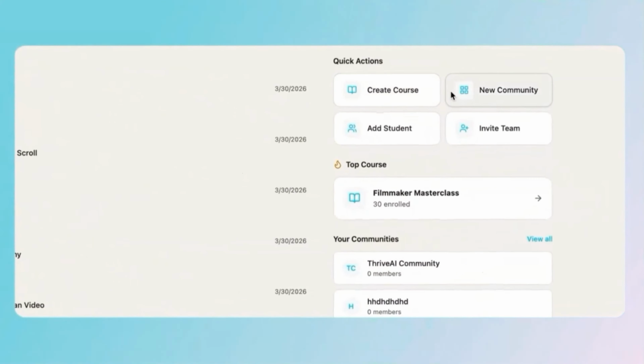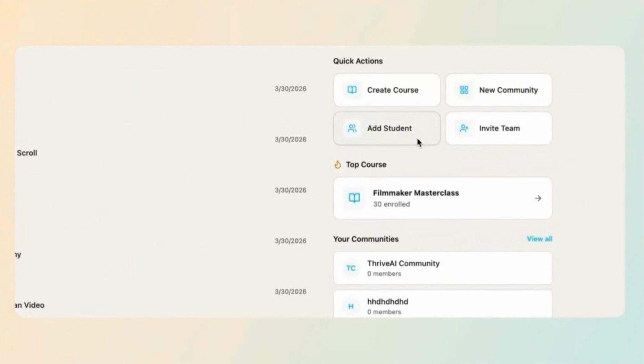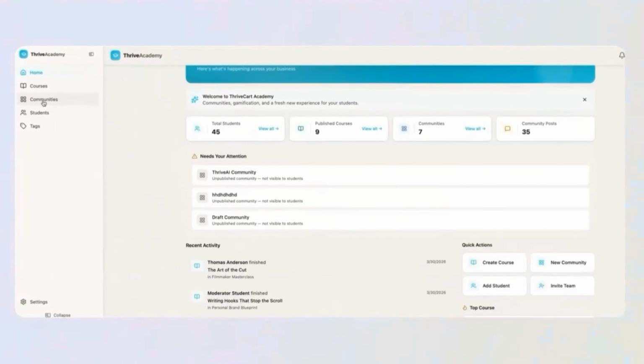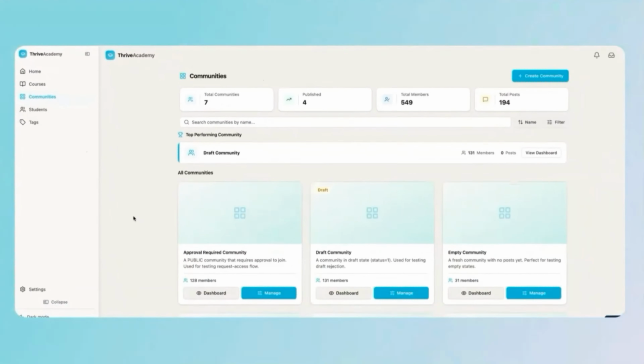And even on Skool, you can only have one community. On Kajabi, you can only have one community. And with Thrive Academy, you can have multiple communities across your different courses and programs that you offer.